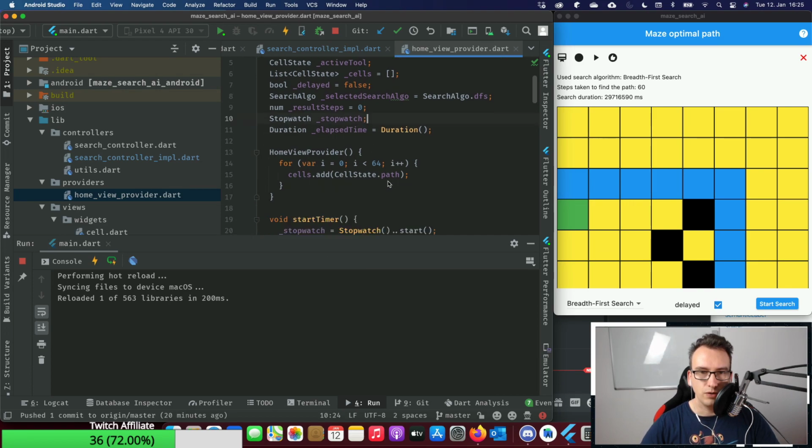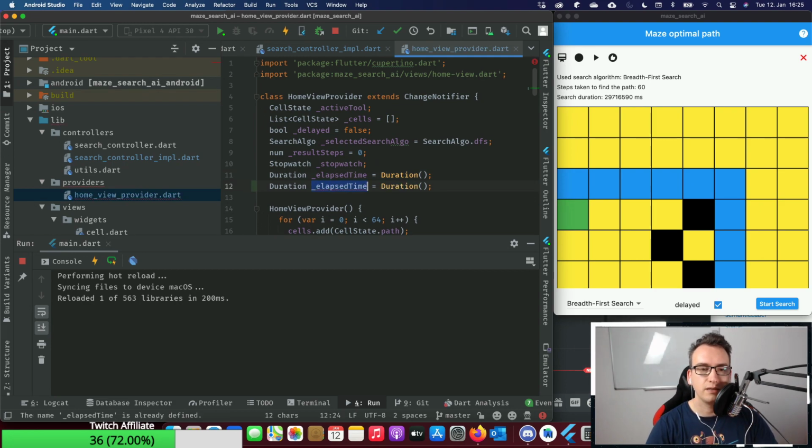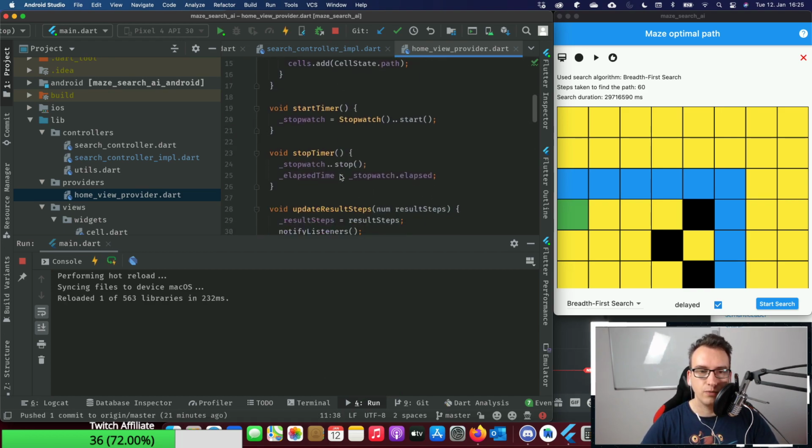And what we could do is we currently show the elapsed time, right? Somewhere here. And the elapsed time, we have the elapsed time, yeah, but then we would remove that.